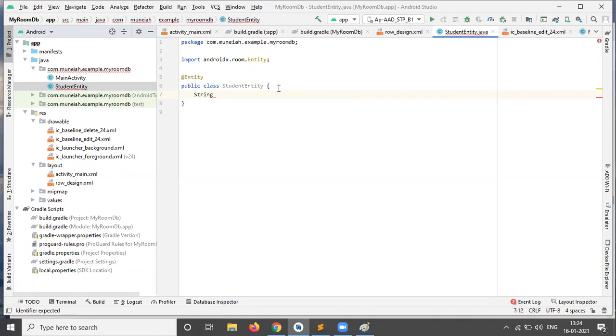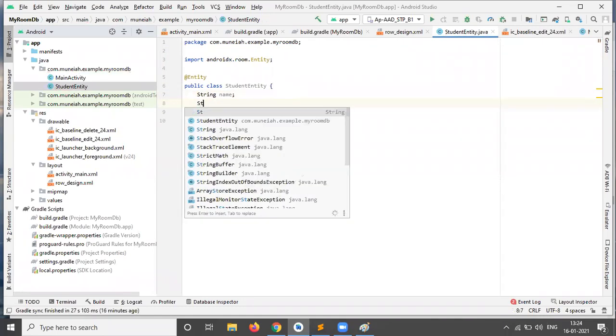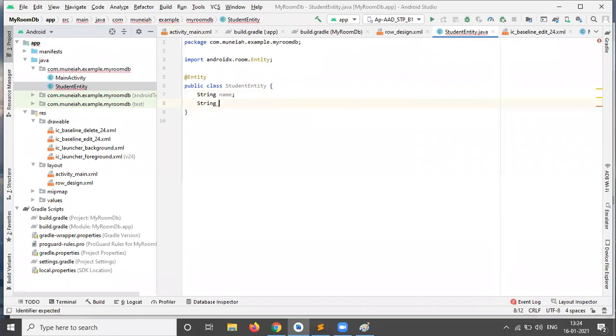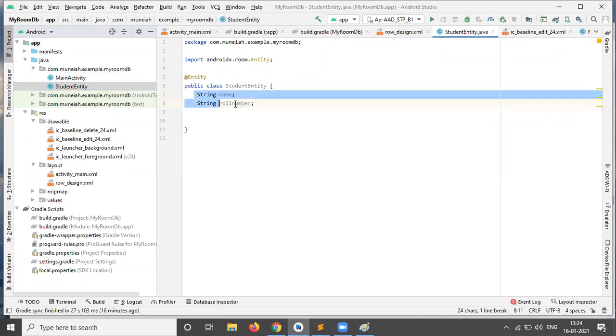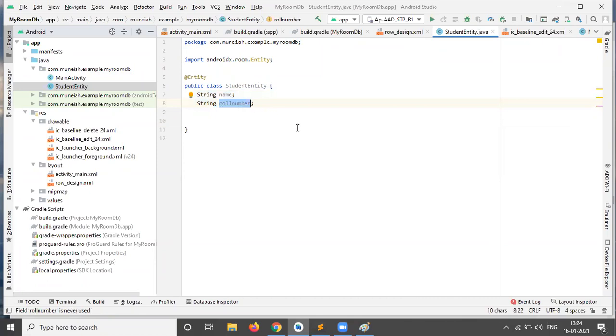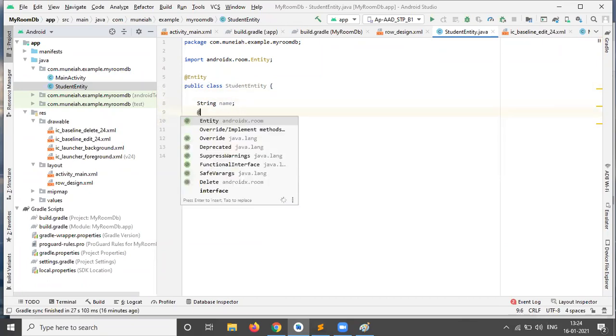String type is name, string type is roll number. So I'm taking two attributes, one for name and another for roll number. Here, I'm taking roll number as the primary key.